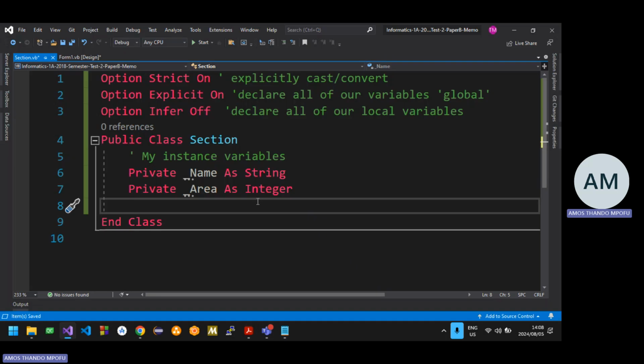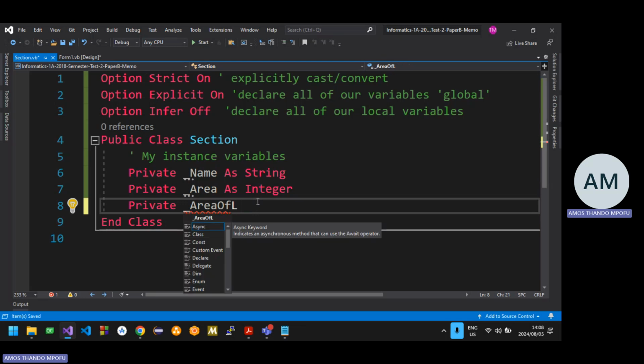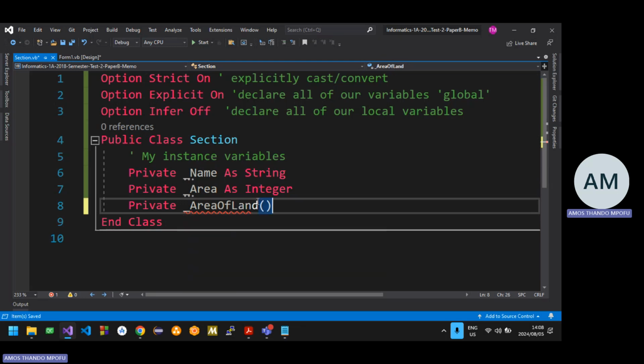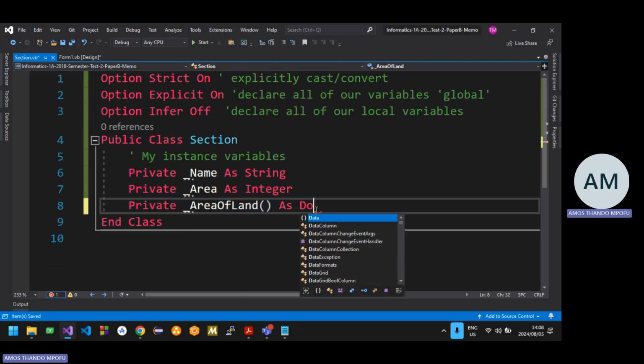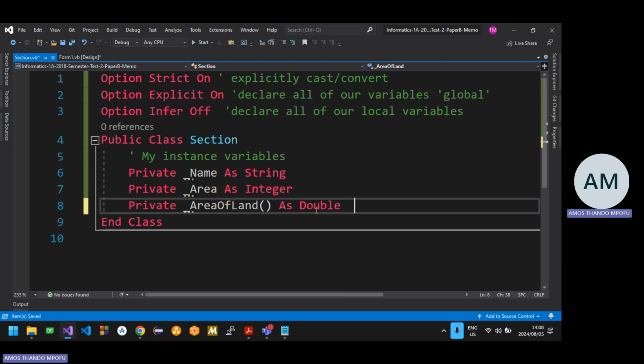Area of land, right? So I'm going to say private underscore area of land. Remember, you need to make sure your code is readable. Don't declare an array and call it underscore area. There's already area there. Give it a proper name, area of land. So as double, because each value at each index is a double. And here we're going to say the size is